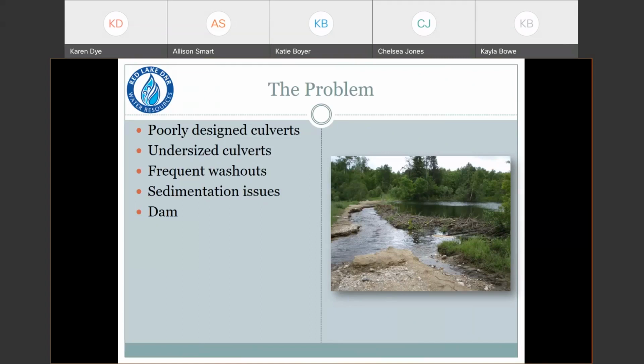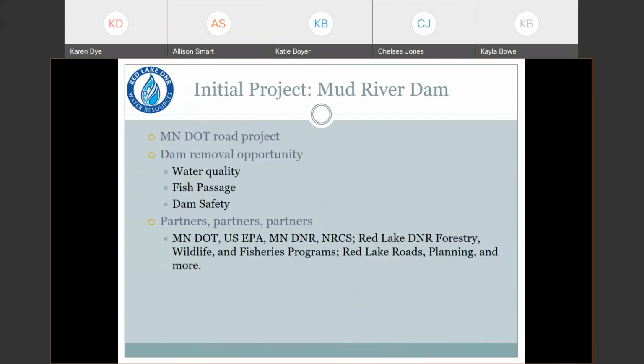And then our other issue was a large dam, which I will talk about. So this initial project that got all of these other projects started was the removal of the Mud River Dam. This dam was built in the town of Redby in the 1920s as a water source for the Red Lake fish hatchery, but the DO was too low and the water was too warm, so it wasn't really a viable source of water. And in 2009, the Red Lake Band was contacted by the Minnesota Department of Transportation that